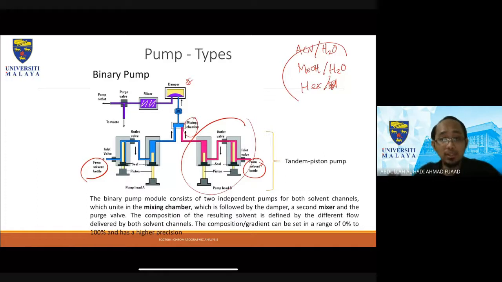literature, you can try to find what solvent system people have used, especially if you have an unknown sample that you want to run, but you know the unknown perhaps comes from a plant source, for example. Okay, so you might want to find literature and look at how other people run their solvent system, so that for one thing, you use the same solvent system as other people have used,